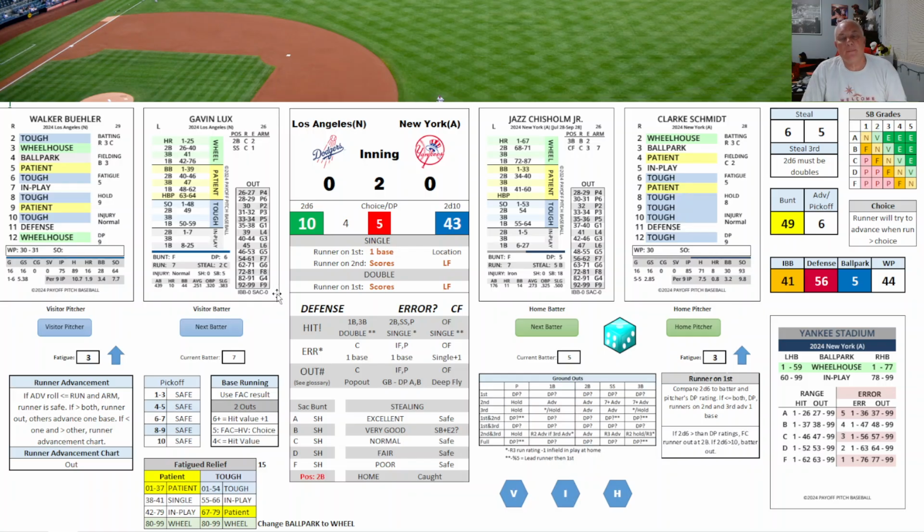Lux is up, so it's with a runner on second, a runner on third, or second and third. I will check intentional walks. His rating is a 0, so he's not going to get walked here. So Lux is up. 11 is defense roll. Defense 54. We're checking for errors, second base. Second baseman is a 2. So that will be an out. And we check over here. The out is a ground ball fielder's choice. It's a fielder's choice if there's a force. So he'll advance.